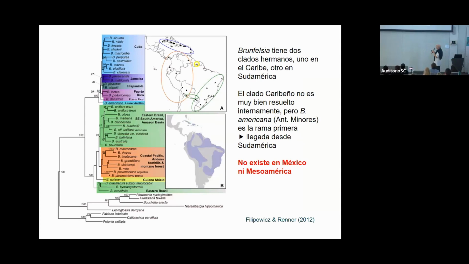This is also one of the earlier papers, on a genus called Gesneria, sorry, Grünfelsia. Maybe you know it from gardens because many of the species are very attractive horticulturally. Here it was found that there are two clades, one Caribbean clade and one South American clade, but there are no Grünfelsias native in either Central America or Mexico. So of course, this is limited in testing the overall biogeographical patterns.